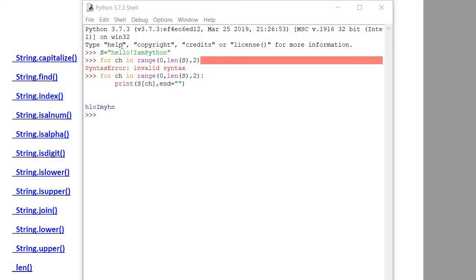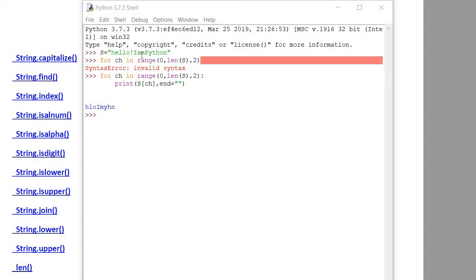Here if you see, the first character of hello is H, then it will skip E, then L, then it will skip the other L, then it will traverse O, then it will skip the exclamation sign, then I, then skip A, M. So you will see here we are traversing each second character of a string.